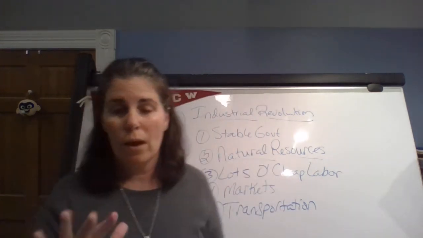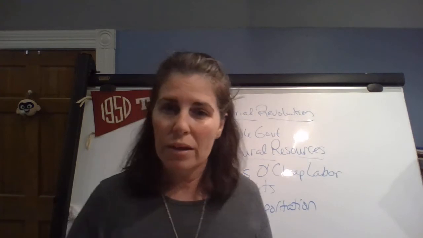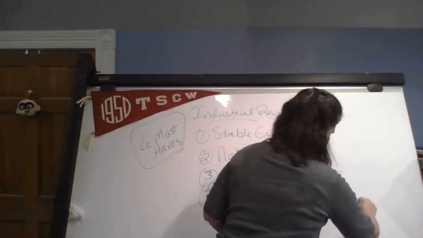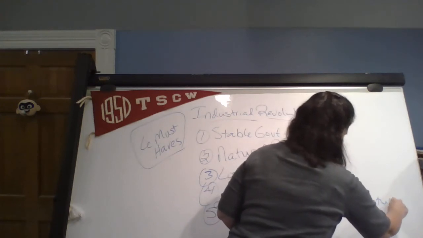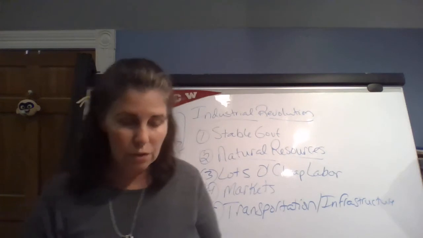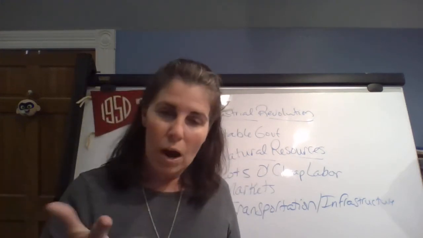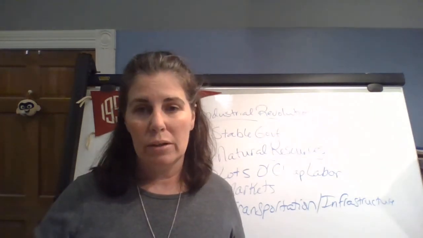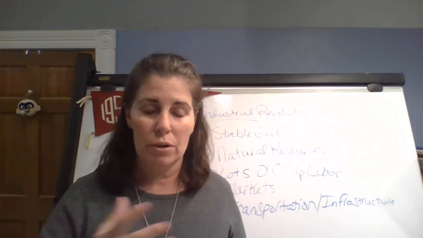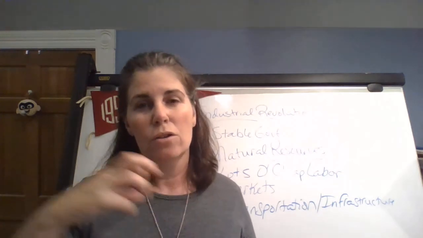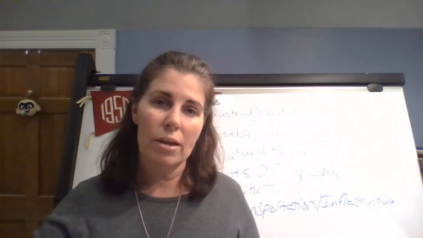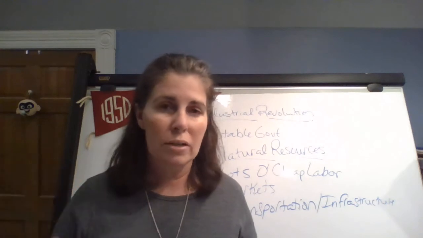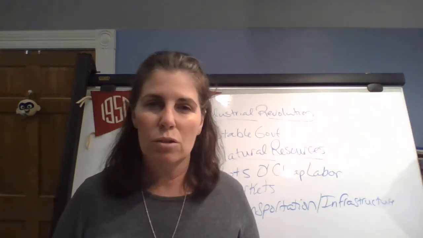Okay. The fifth thing that you absolutely must have is transportation, and I might even say infrastructure. Now think about this. You watched that slideshow where I talked about the railroads. They open up so many possibilities for trade here. They open up so many opportunities to get those raw materials from the west to the east, to get those finished goods from the east out to the west. Those communities north and south are able to get their goods from place to place. Think about Michigan and the industry there.